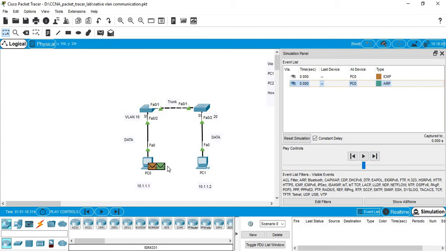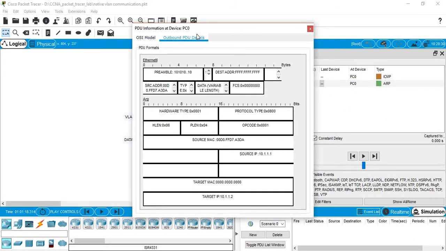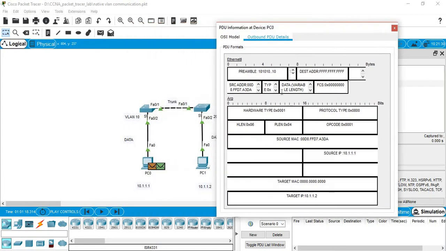If we look at the ARP packet, we can see it is the outbound PDU generated by the PC. Here we can see it is an Ethernet frame without any tagging. If it is tagged, it will be 802.1Q, but here we can see it is untagged, without any ID.